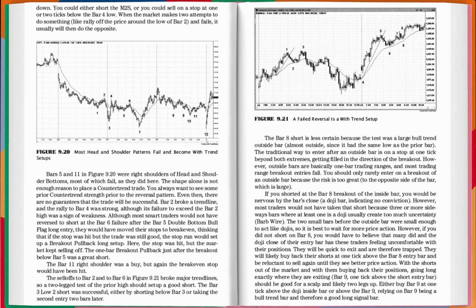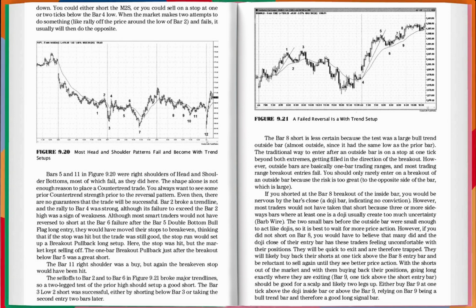The bar 11 right shoulder was a buy, but again the break-even stop would have been hit. The sell-offs to bar 2 and to bar 6 in figure 9.21 broke major trend lines, so a 2-legged test of the prior high should set up a good short. The bar 3 low 2 short was successful, either by shorting below bar 3 or taking the second entry